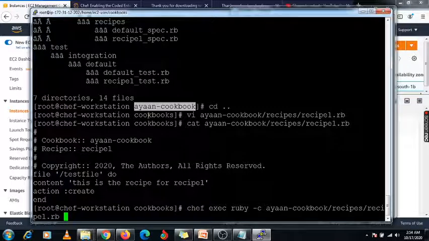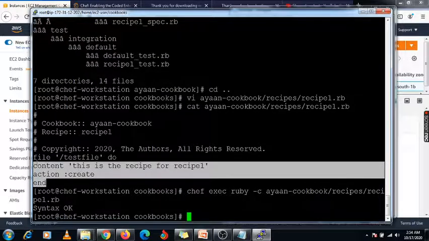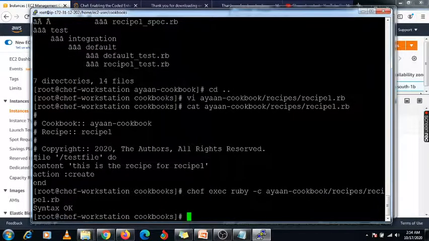Okay, so this is my ruby file. This is my recipe, so I just want to check first whether these contents are correct or not. Here it will reflect Syntax OK. That means whatever content I have written inside that recipe, all contents are correctly configured.